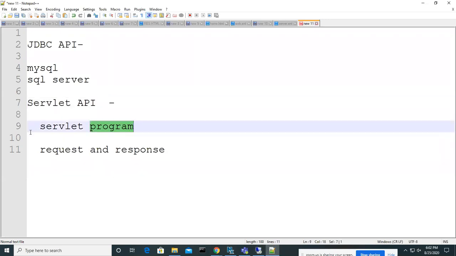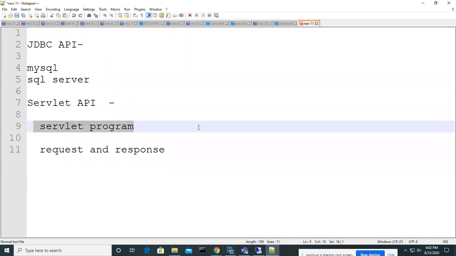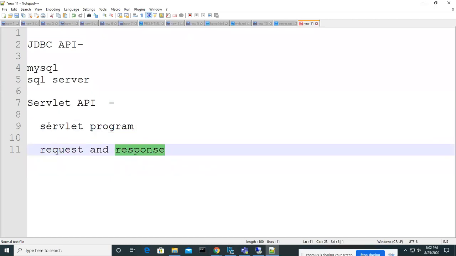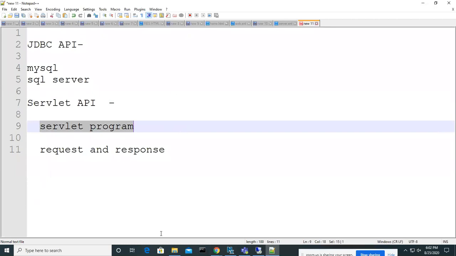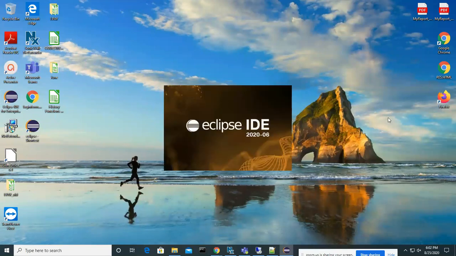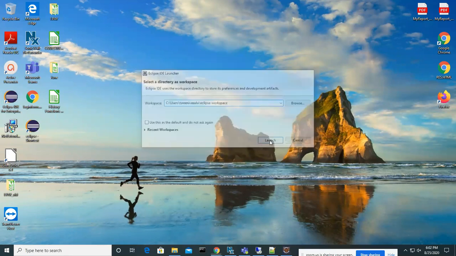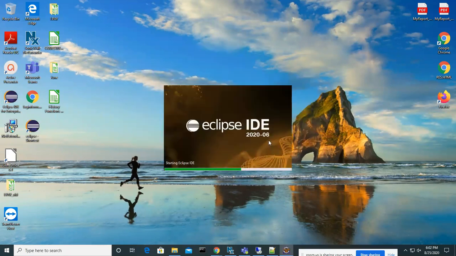Okay. So now look at this servlet program. Now we have to understand what interfaces we have in the servlet API, how to write a servlet program, how to send a request and get the response, and how to execute this. Let's look at one example of servlet programming, guys. I'm just going to create one servlet program.